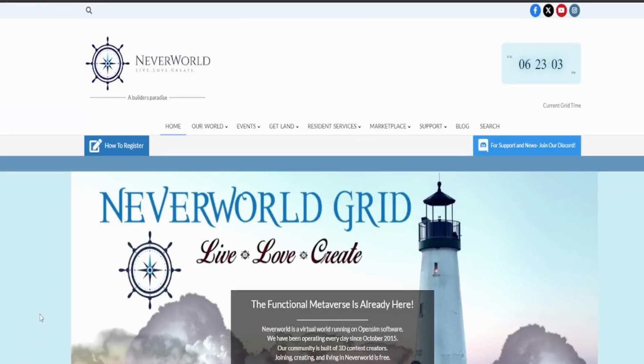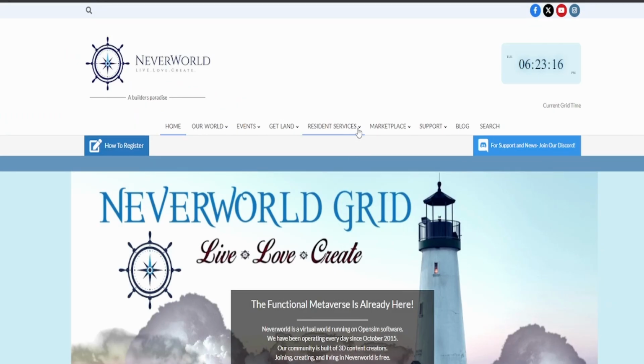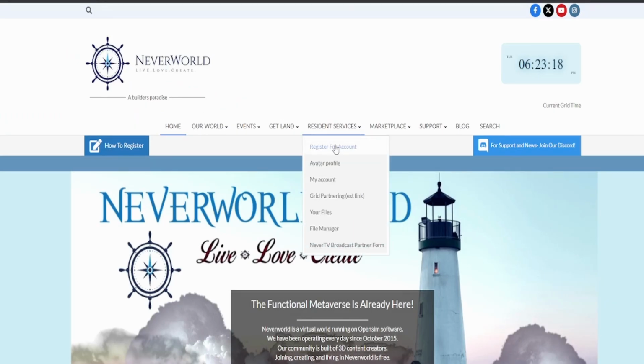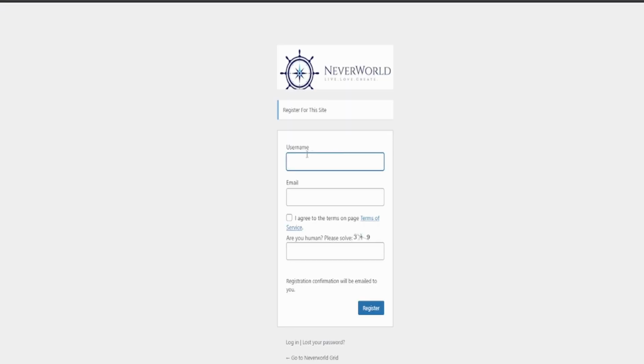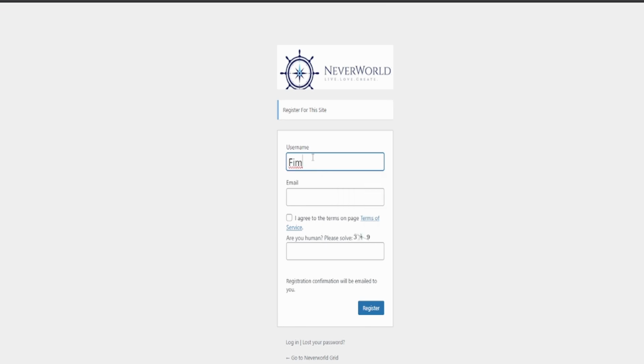Alright folks, here we are on the Neverworld website, and what we want to do first is go, you can either scroll down, there's instructions there, or you can scroll down and go to create an avatar, or you can go right here to resident services, create an account, put in your avatar name here, and then